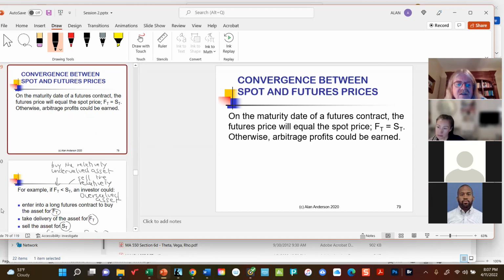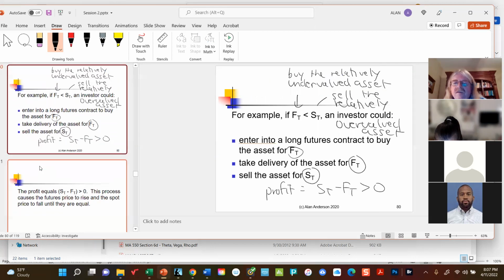And sometimes it's not obvious how to do this, but the way we can prove that F must equal S on the maturity date is to show that if not, there'd be arbitrage opportunities, which would cause the prices to move back to this level. So we'll start with the example of F being too low. Now, if F is too low, remember, we're buying whatever is underpriced and selling whatever is overpriced. So we buy F by entering into a long futures contract to buy the asset at a price F_T. We then take delivery of the asset, sell it at the spot price S_T, and we make a